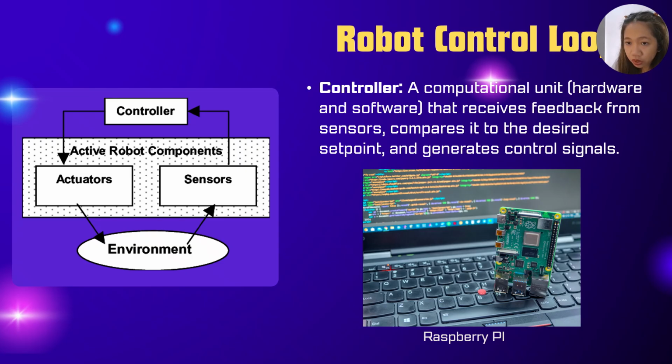So it uses the Raspberry Pi board, and it uses Raspberry Pi programming. In our case, we will be using Arduino, so that's our controller, and we will be using C++ programming. So that's our computational unit, the motherboard or the system that will process the data from the sensors and where we will upload the program of the robot. That's the controller. So in the case of the Raspberry Turk, the environment is the chessboard, the sensor is the camera, and then the images taken by the camera are sent to the controller, in this case, the Raspberry Pi.